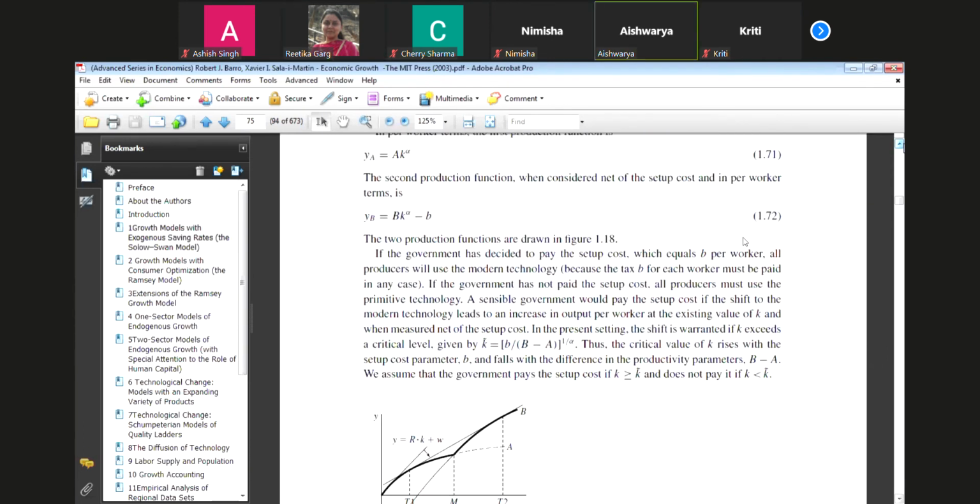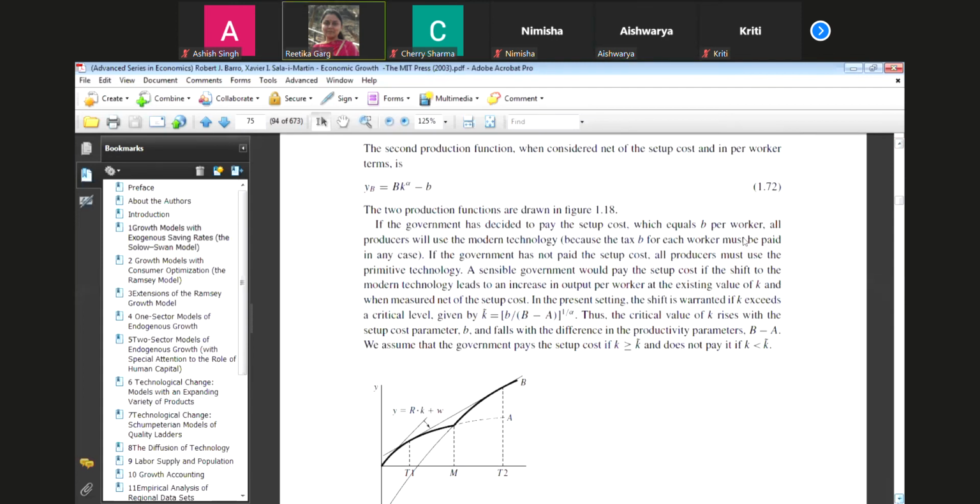Ma'am, we could derive this result even from what we have solved in the previous question, right? We know that if initially capital is greater than the lower steady state, then capital will decrease and go back to the previous one. Yeah, but